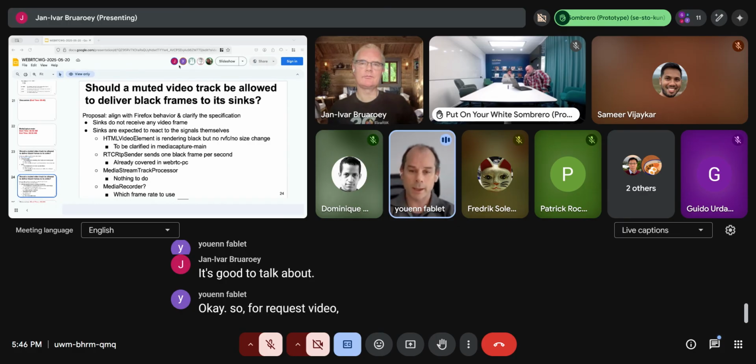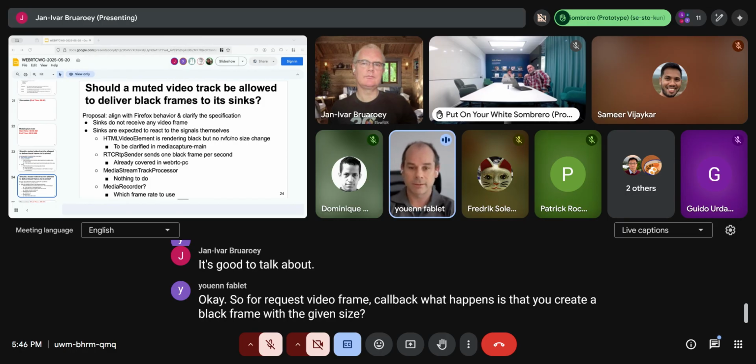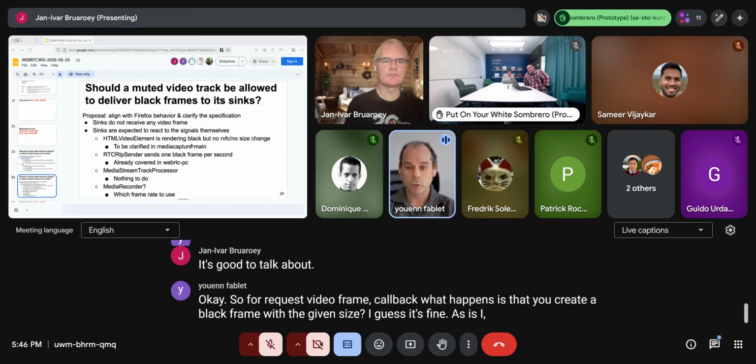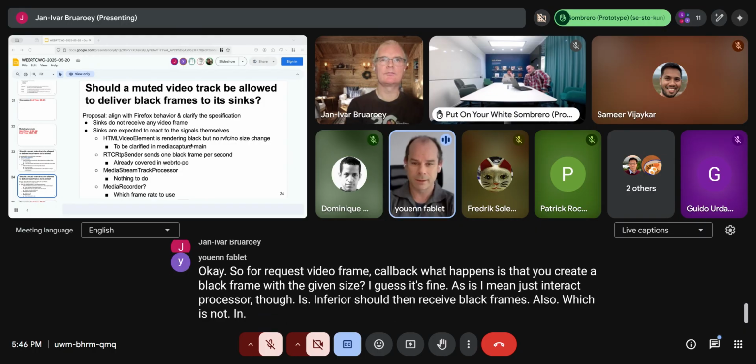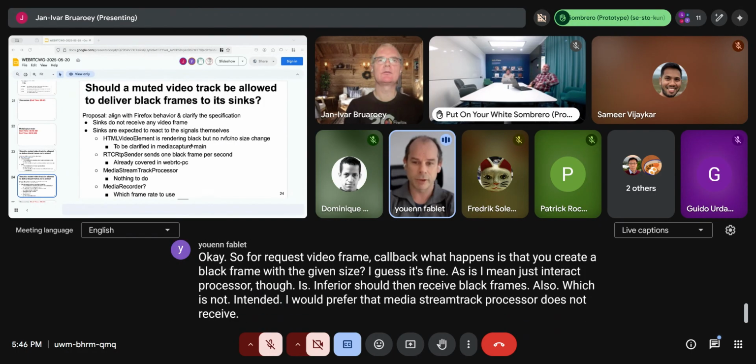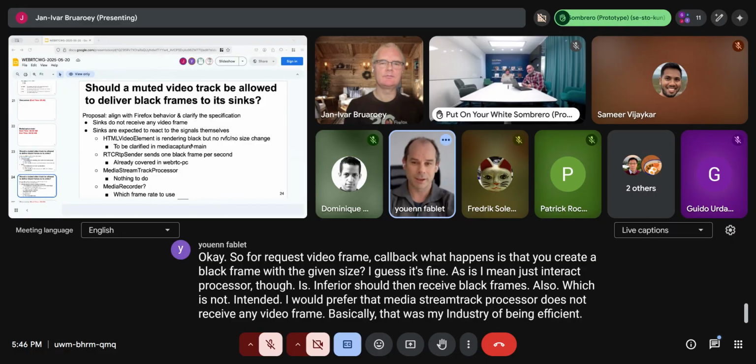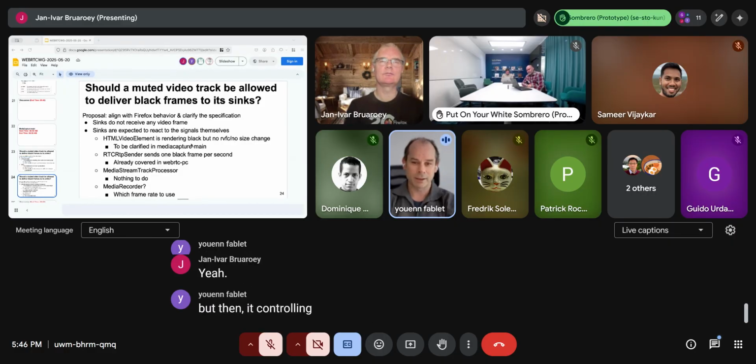So for request video frame callback, what happens is that you create a black frame with a given size. I guess it's fine as is. A media stream track processor, though, should in theory then receive black frames also, which is not intended. I would prefer that media stream track processor does not receive any video frame. Basically, that was in the spirit of being efficient. But then it contradicts the idea of